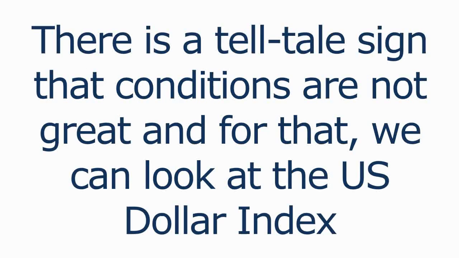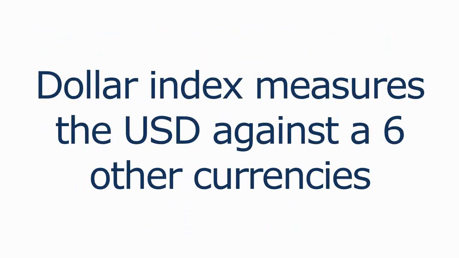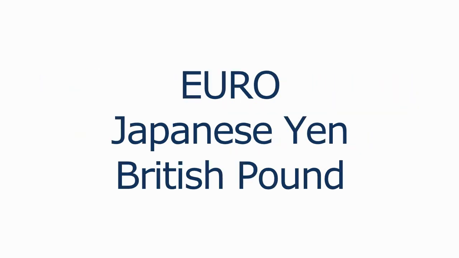And there is a telltale sign that conditions are not great. And for that, we can look at the US dollar index. For those of you that are unaware, the US dollar index measures the US dollar against 6 other currencies. Inside of that basket, the Euro US dollar makes up the bulk of the measure. And the top 3 currency pairs inside the basket are the Euro, the Yen, and the British Pound. Those currencies are matched up against the US dollar, and they form the bulk of the trading activity that happens